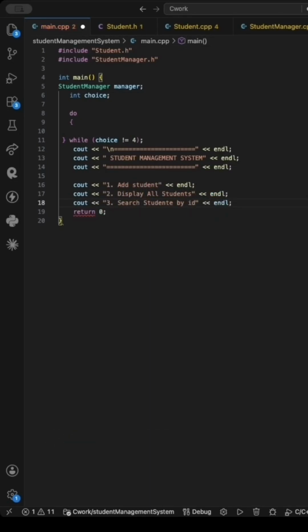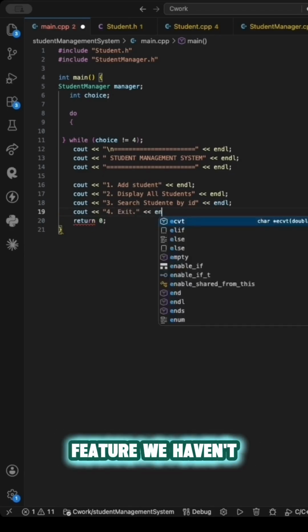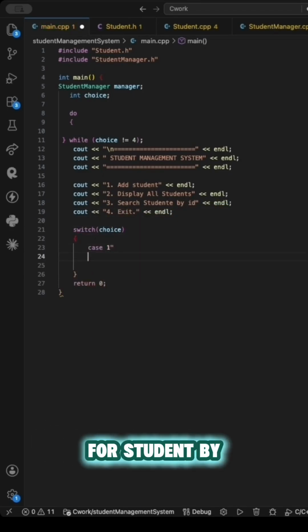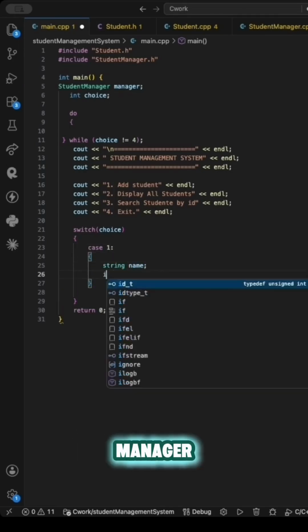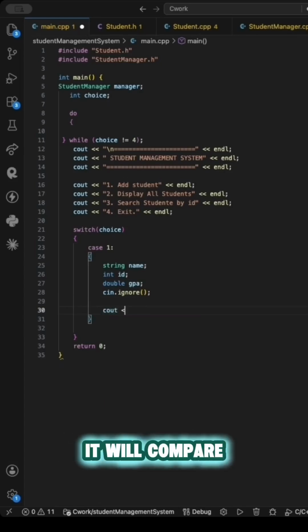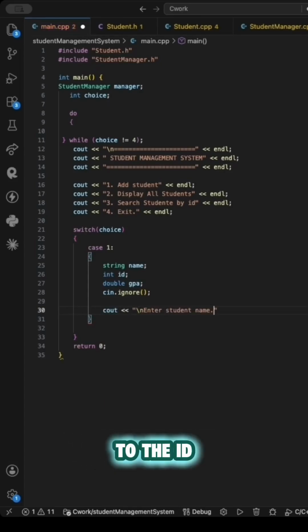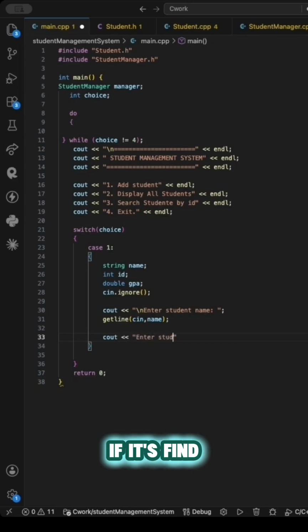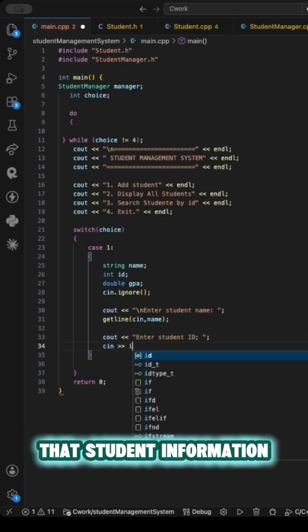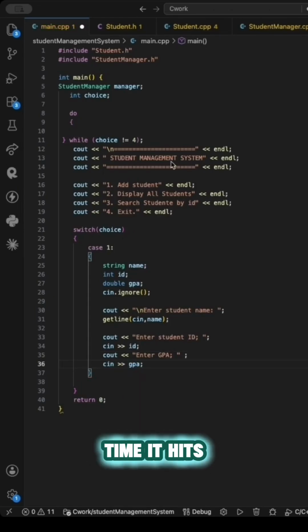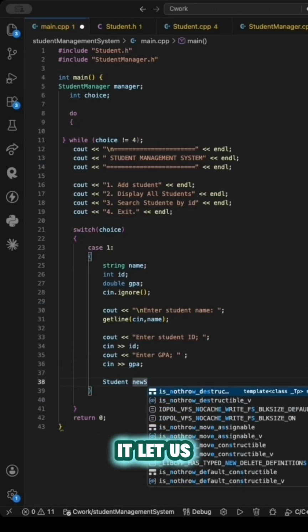Option 3 calls on a feature we haven't seen before. We search our student management system for a student by ID. Our student manager will loop through our collection of students. It will compare each student ID to the ID that we are searching for. If it finds a match, it displays that student's information. If it doesn't find any match by the time it hits the end of the vector, it lets us know